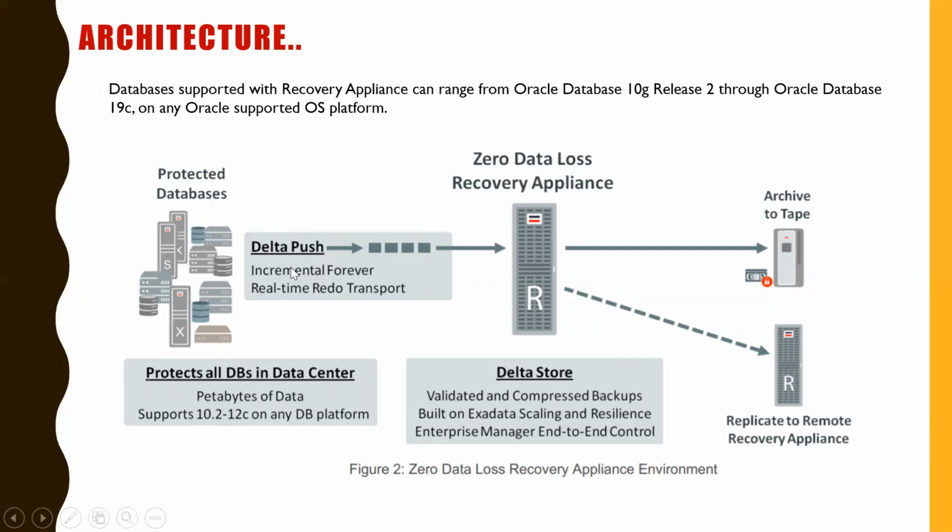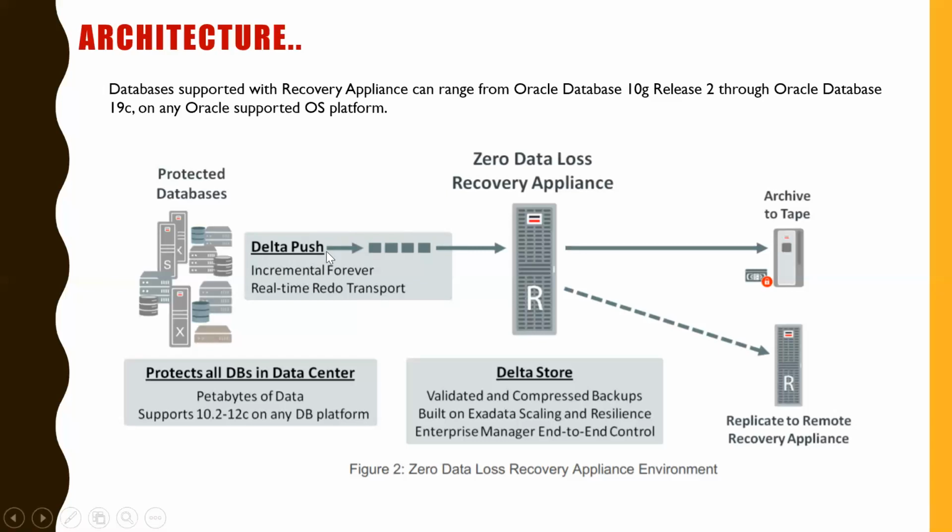In parallel, you'll have the incremental backups also. To ensure there is no data missing, we'll have incremental backups on a daily basis. It's a level 1 backup; anyone aware of RMAN knows it's a level 1 backup. You'll be taking it on a daily basis. Since there will be very few changes in a level 1 backup, the backup and recovery window will be faster compared to a level 0 backup.